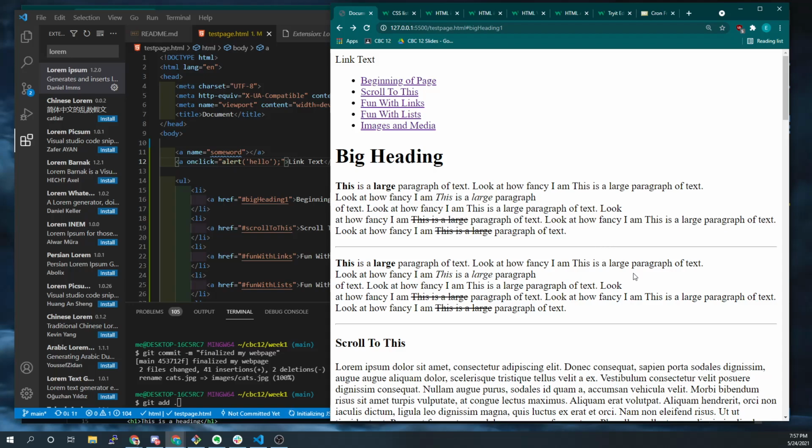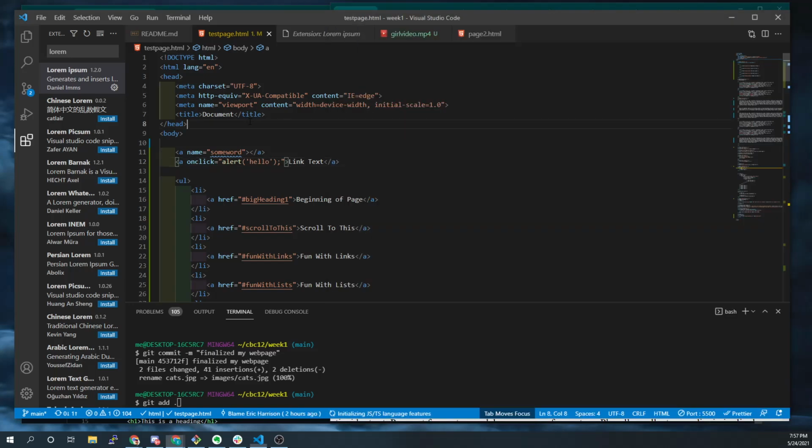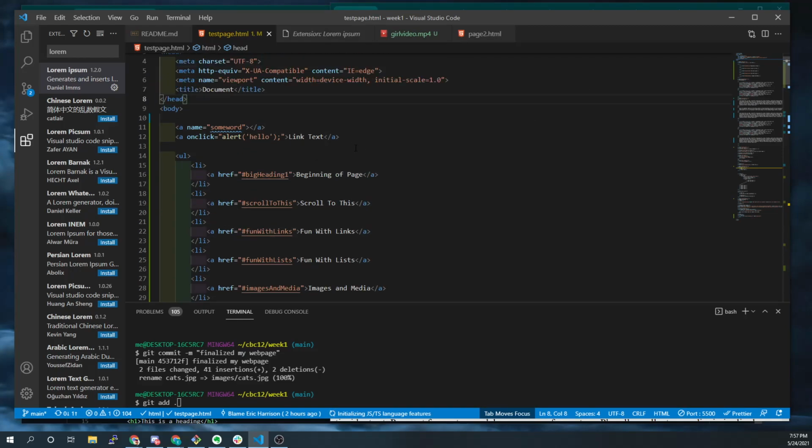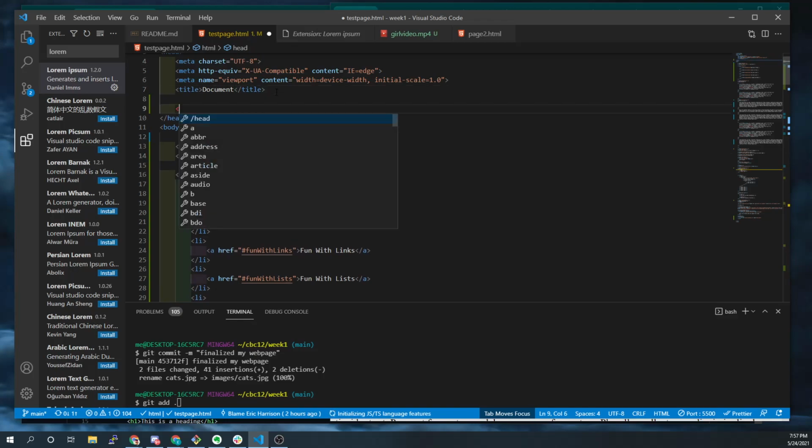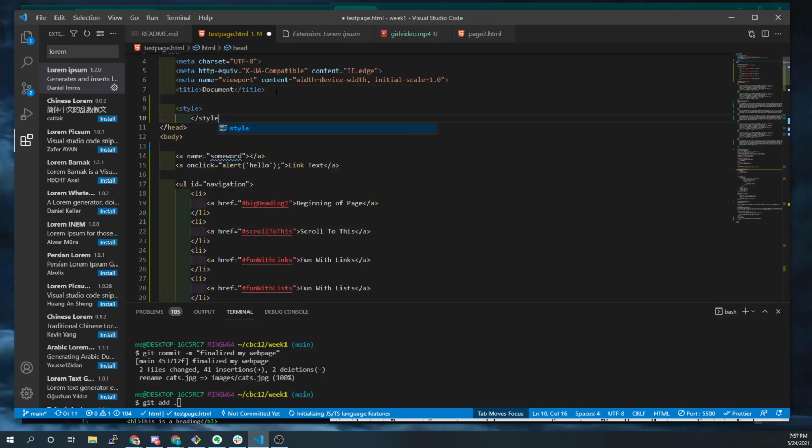What else would we like to dive deeper into? I can come up with more examples of how we would use certain elements in the real world if you'd like. Like using lists like this for navigation, that's really common. Another thing you would sometimes do with navigation lists like this, and this dives into some of the CSS for this week, I can come in here and say, this is ID navigation, right? And so what we would do with CSS normally is I'd have a style sheet that would say,